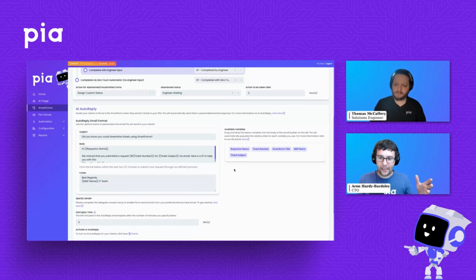So what this does is it allows us, using Pia's AI, because we're looking at every ticket that comes into your PSA, we're classifying every ticket. So we can see that a ticket, maybe that user onboarding request that someone submitted, we're classifying as user onboarding. With this feature turned on, we're checking: okay, we've got a user onboarding request. Someone sent in an email saying Mandy starts next Monday, can you create a new user? And we know that they've got SmartForms enabled. We know that user has access to the user onboarding form. We know it's a user onboarding request.